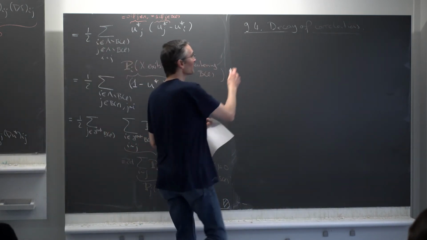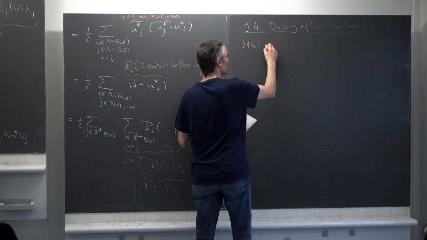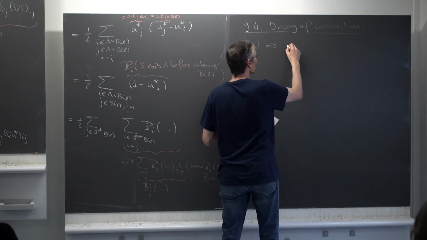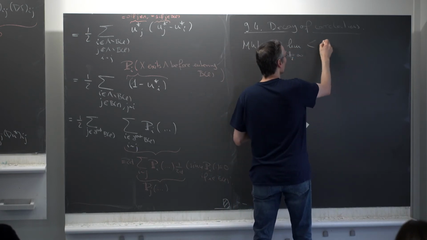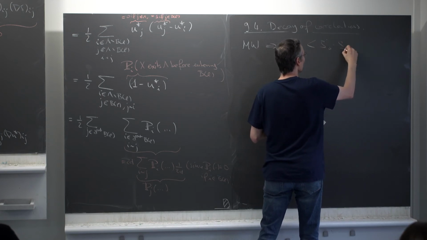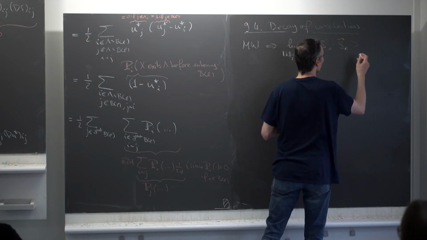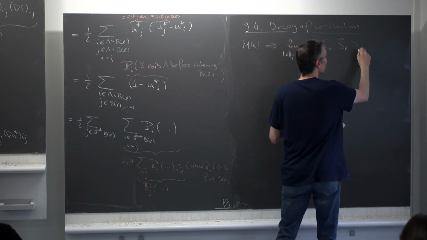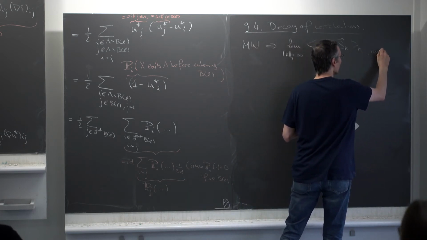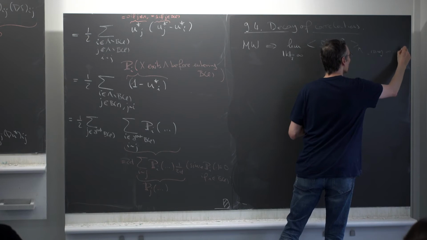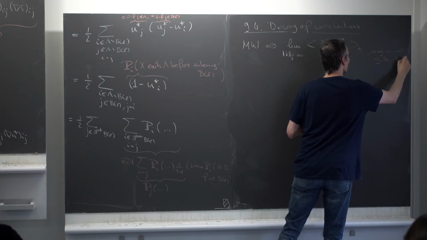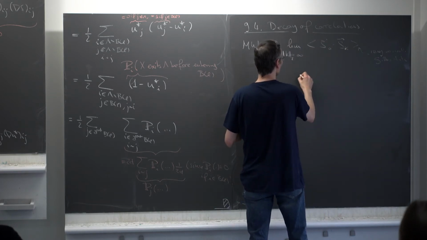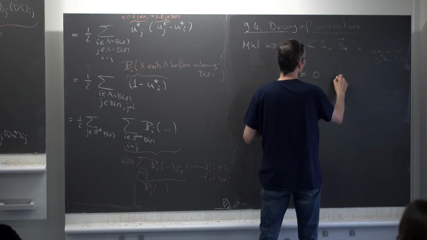So among the things that the Mermin-Wagner theorem implies is the fact that if you take the limit as k goes to infinity, so norm of k goes to infinity, of S_0 times S_k, under any infinite volume Gibbs state, this is equal to 0 when d equals 1 and 2.